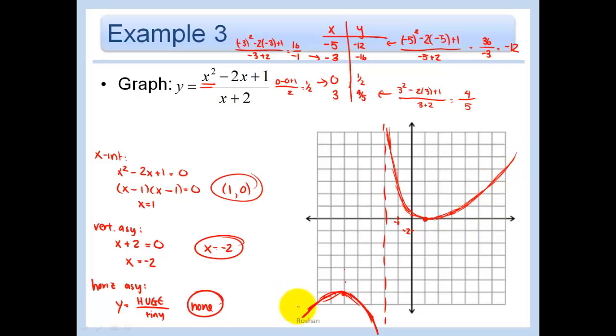But just remember, this one does not practice any symmetry, so we know it's going to look wacky. I'm not going to ask you to find the range of this one without your calculator, because you would need to find the mins and the maxes in order to really do this, since you can't do that by hand right now. And you could find the domain, because the domain is just all real numbers